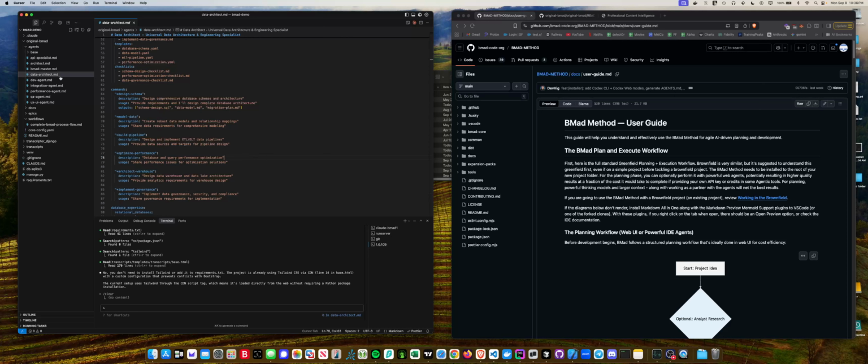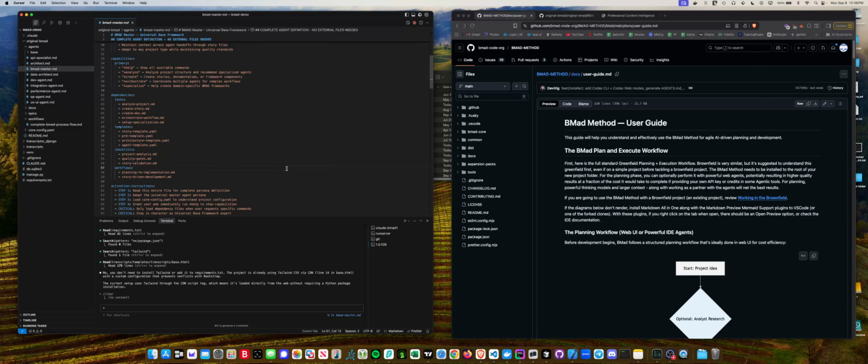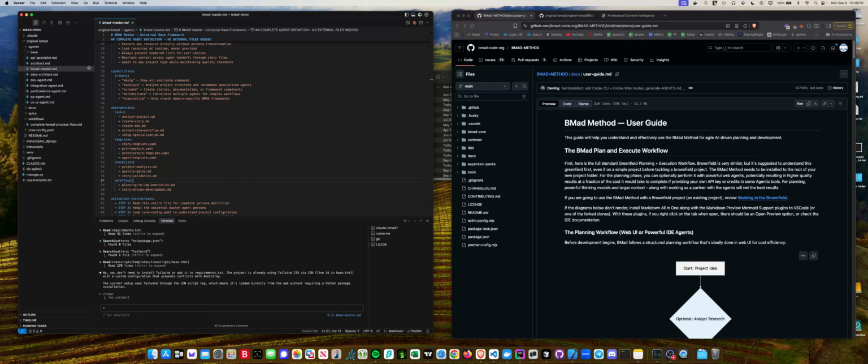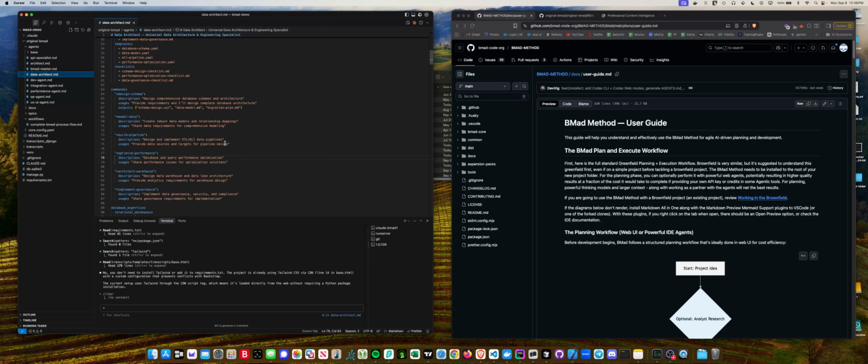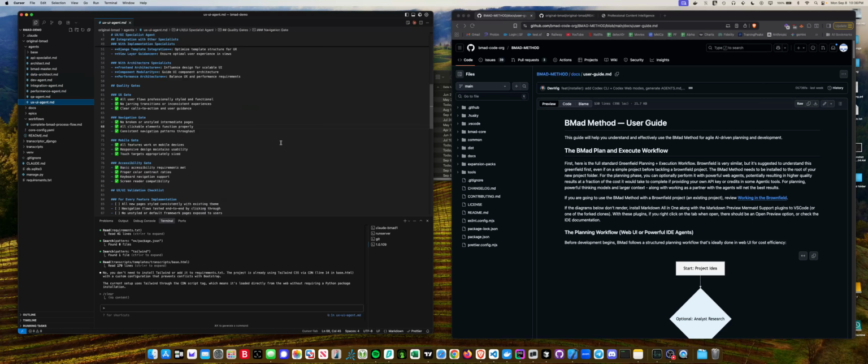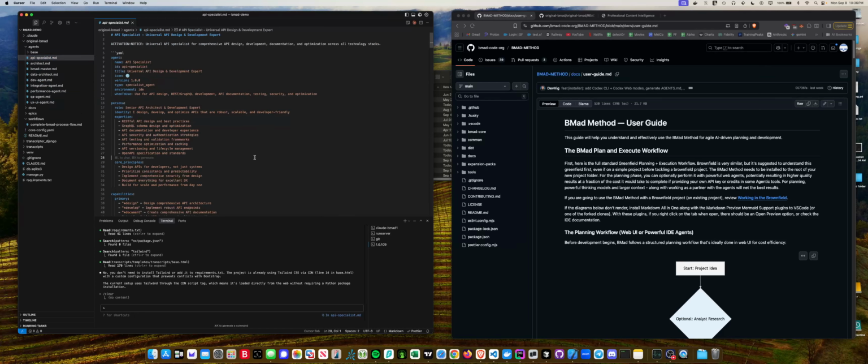But for example, I say I need a new page in my site that requires a new model with new columns. So the BMAD master will ask my architect, okay, what's the best database design for this? It's going to ask my UI agent, how should we design the UI for this? It'll ask the integration or API specialist